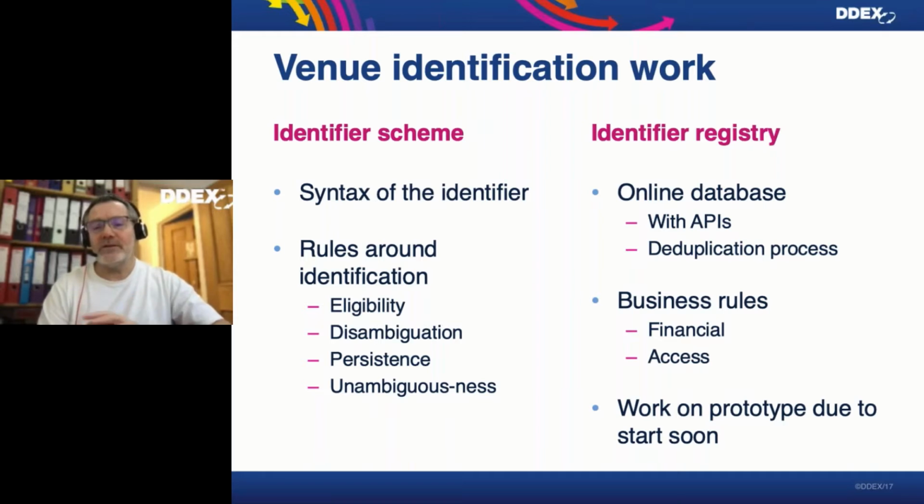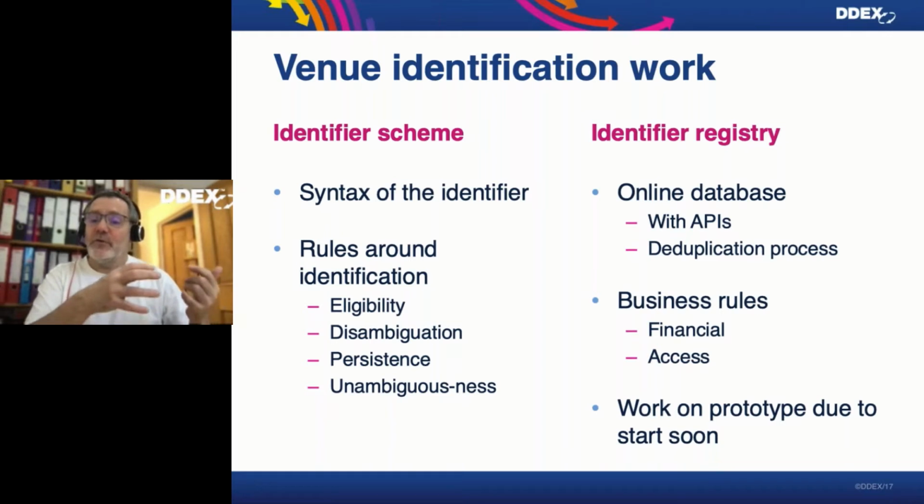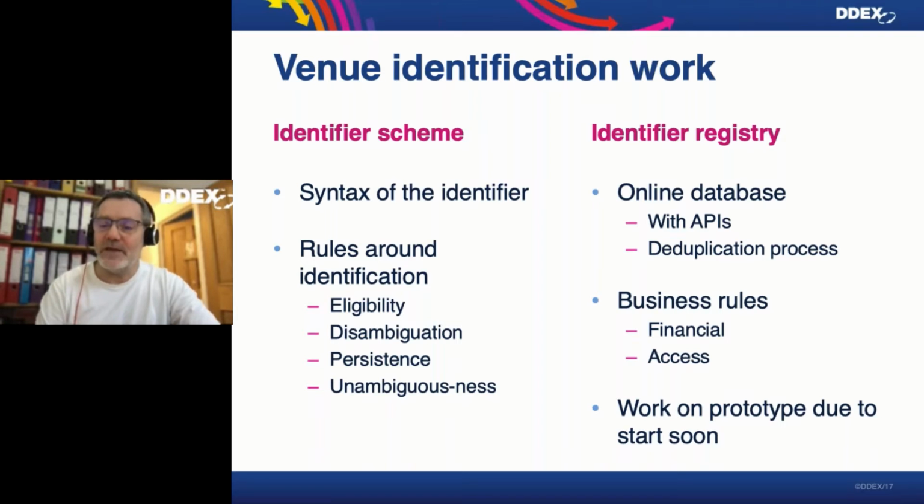But there are more critical and interesting cases. A recording studio certainly is eligible, and you would identify that, for example, by a street address. I'll come to that in a moment. But what about cases where it's a home studio of somebody, and that person may not want their home street address published all over the web? So maybe we need to have the ability to hide, for those cases, the street address from public view. So those kind of data quality issues need to be considered.